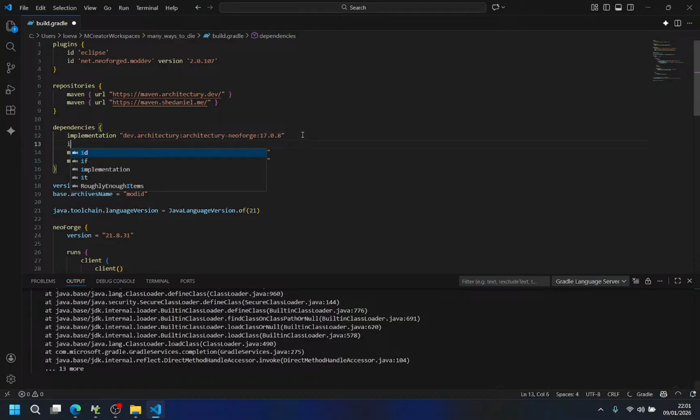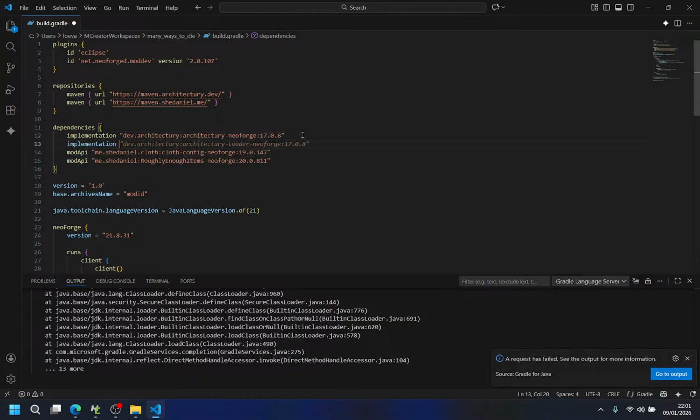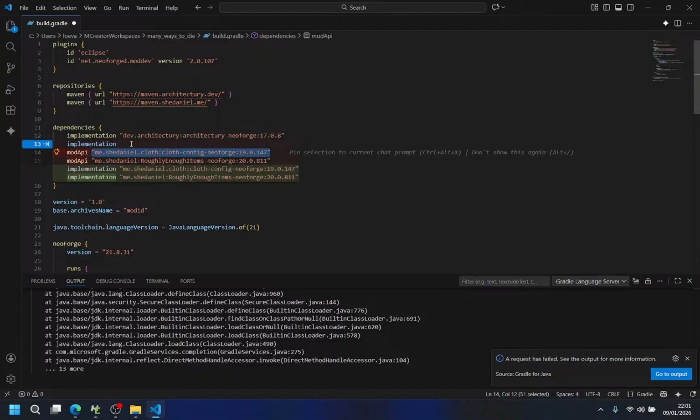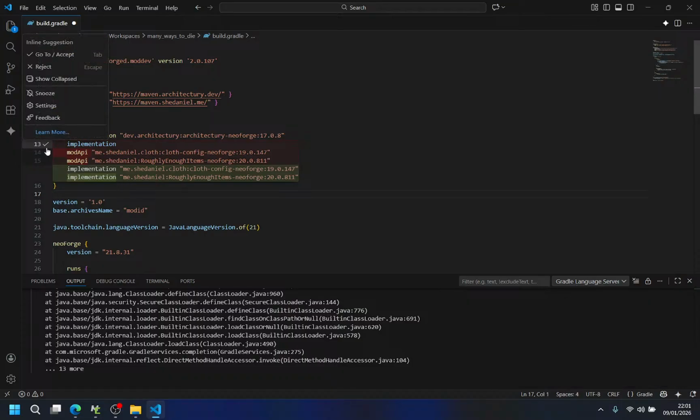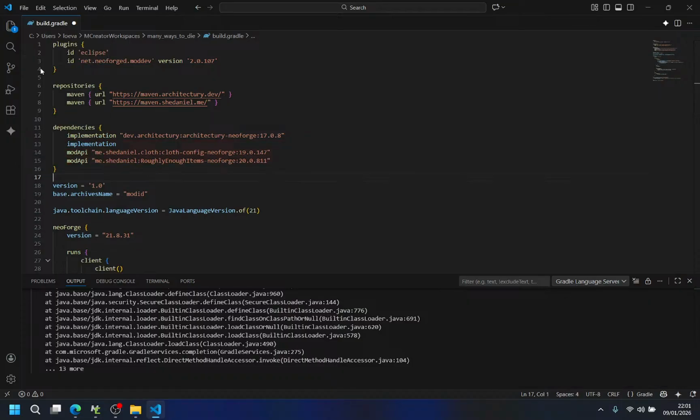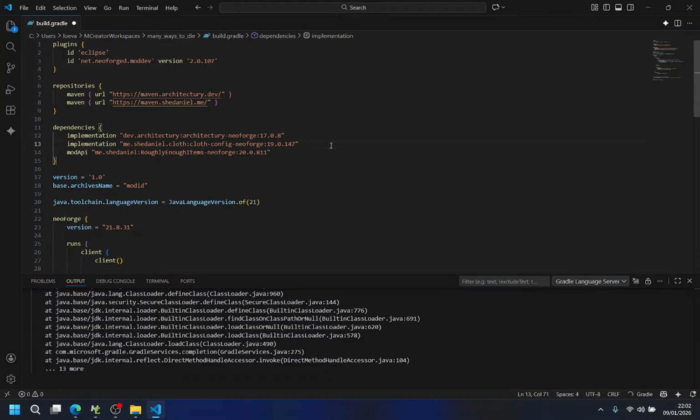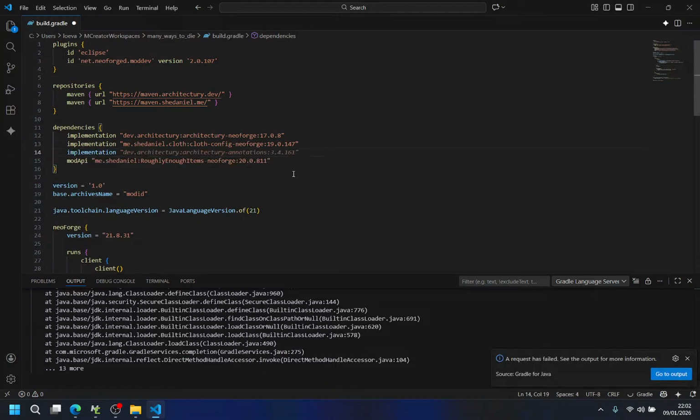So then we're gonna do implementation, and then we're gonna put... no, what, reject. We're gonna do this. Then I'm gonna do implementation again.